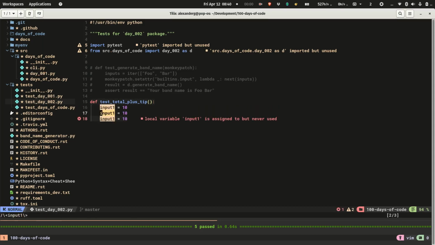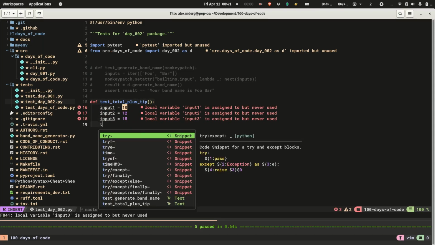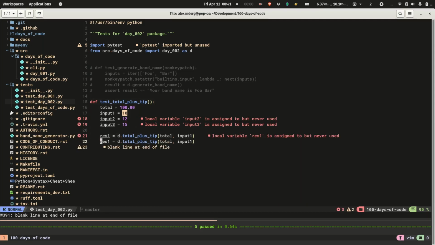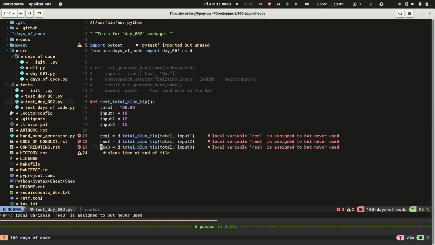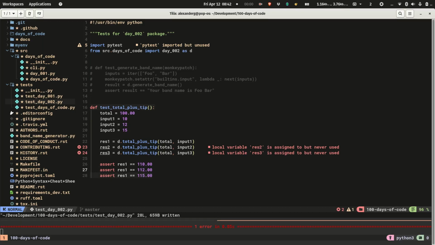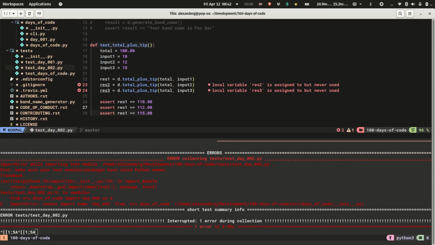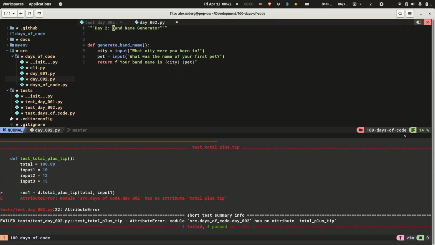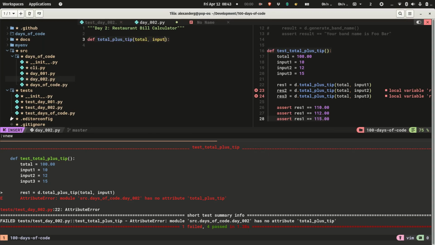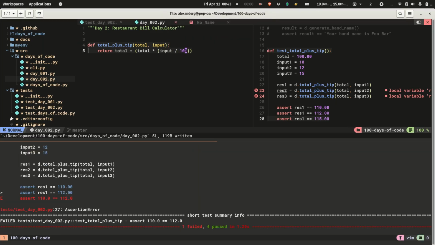We supply the inputs from the example, 10, 12, 15%. We give the total as a round number, but still a float of 100.00. Define the expectations as the return values of a function called total plus tip, which takes the total and the tip integer as parameters. The test will fail because there's no source file by the name day002.py. So create a source file called day002.py, define a function called total plus tip, which takes 2 parameters, total and tip. We'll return the total bill plus the specified float, rerun the tests to see that they pass,